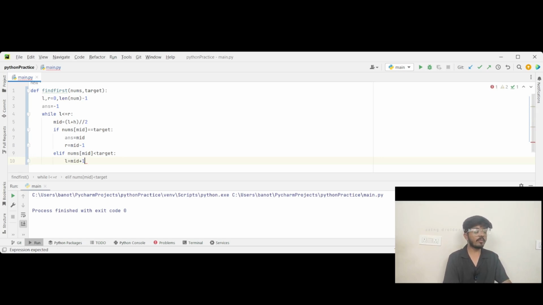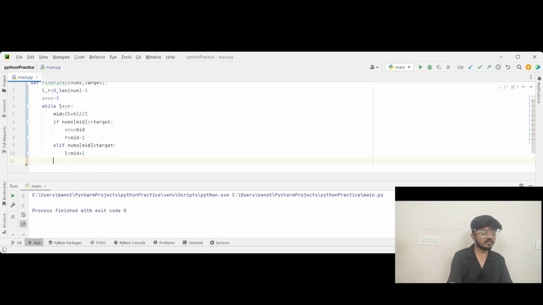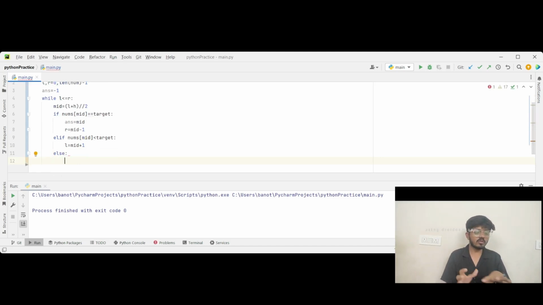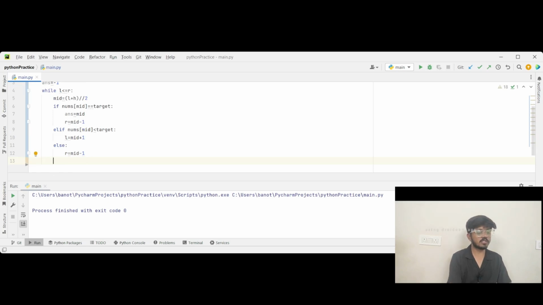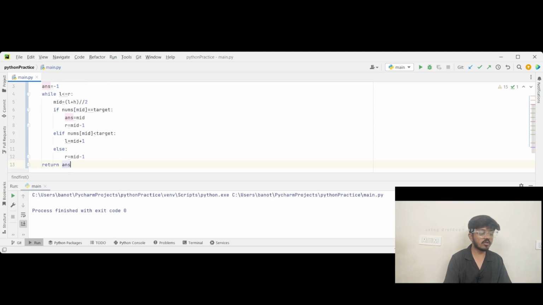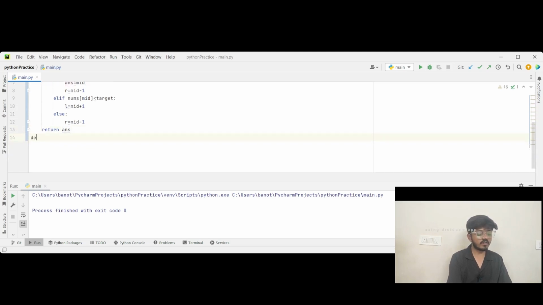Low has to move to mid plus 1, the next value after mid. Or else, if this is not true, I need to move the right to mid minus 1. So right equals mid minus 1, toward the left side. So this is how. Next we have to return the answer. Return answer. So this is for finding the first value, and the next function is to find the last